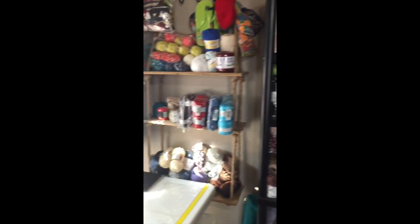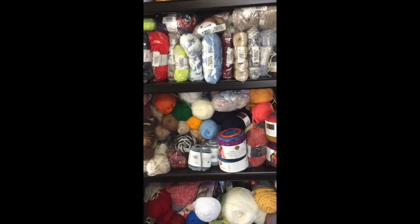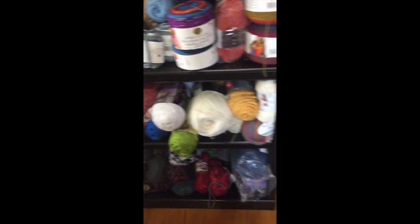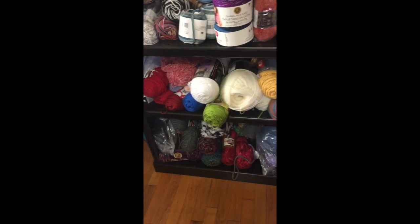And here's my yarnscape. It could be better, but it certainly is. Oh my gosh, that's a mess. But I can see everything. I can see everything that's everywhere, and there's none that are hidden in any bag or anything. There's my one darn good yarn that I'm going to use. I put back here underneath the table my